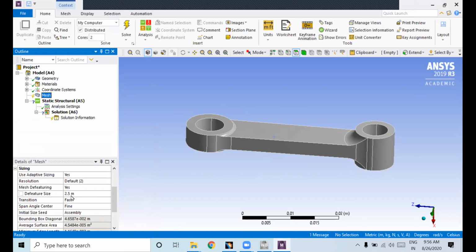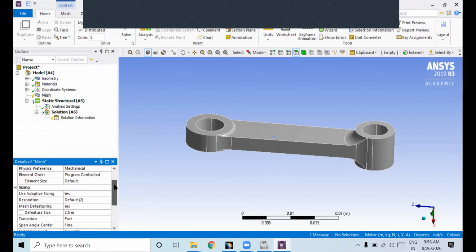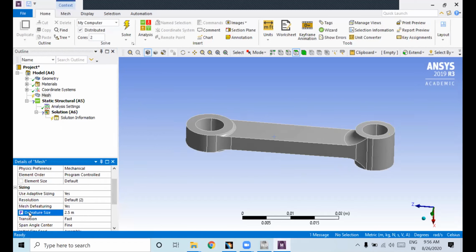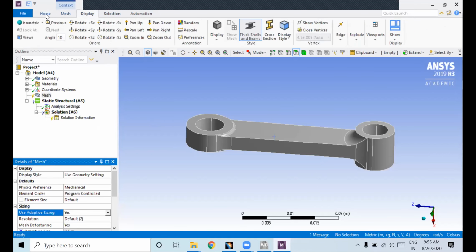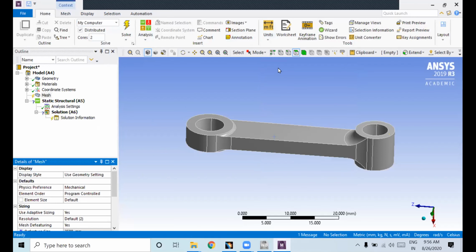Oh, this is in terms of meters. So you just click on this default only. Once you enter into this, you need to change the unit. Here you have units. This is in meter, you change it to millimeter.